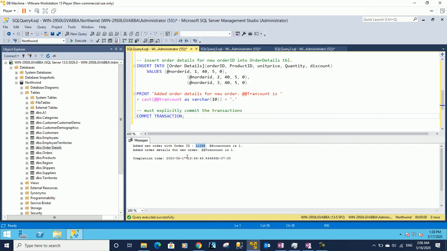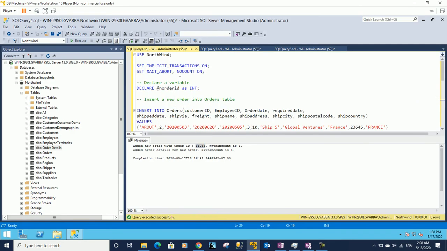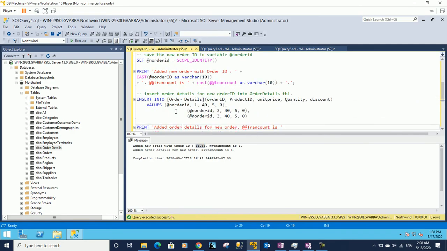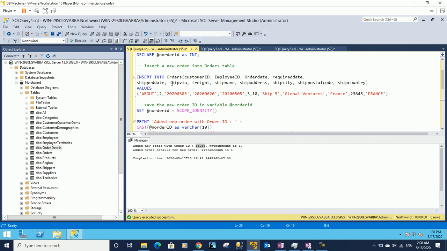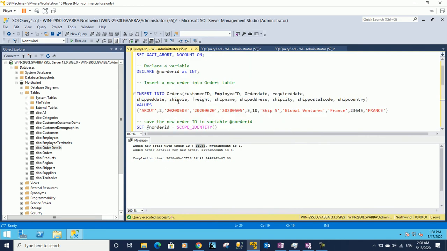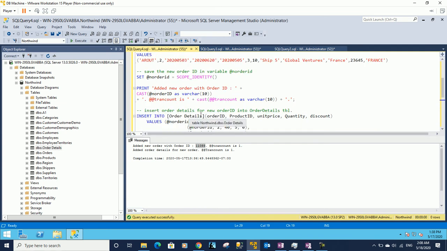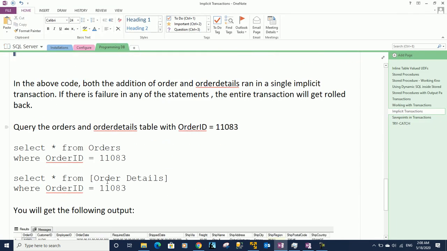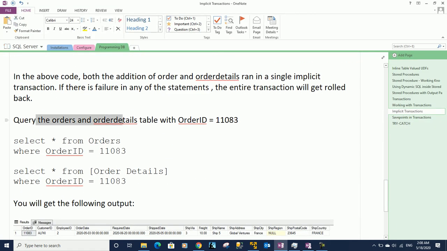So as I was saying, the entire code was executed in a single transaction, and if any of the insert statements failed, then the entire transaction will get rolled back. Any of the changes made to the orders and order details table will get rolled back. Now let me go back to the notes, and we can query the orders and order details table for the following